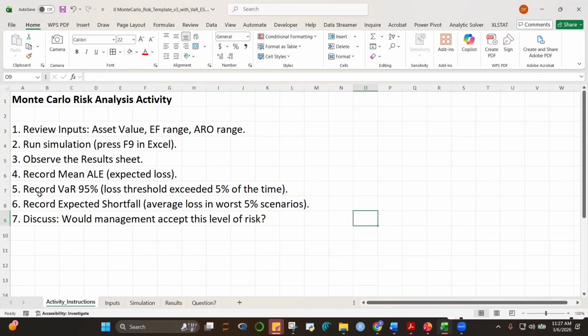And then we're going to compute VaR. We can compute for the 90th percentile and the 95th percentile, and also the 99th, because different companies make use of different VaR metrics. Okay, and then what will be the expected shortfall? And then just a question for us to look into: would management accept this level of risk?